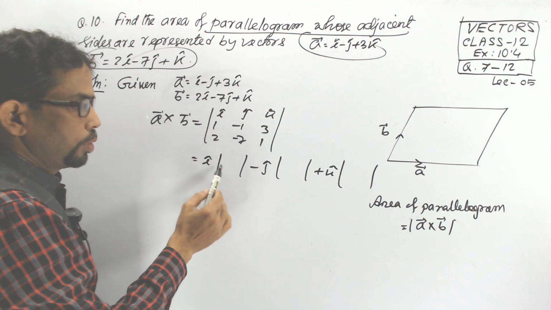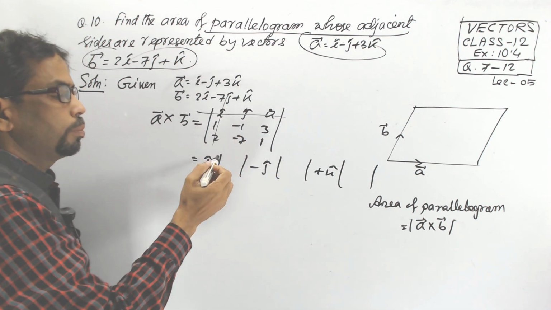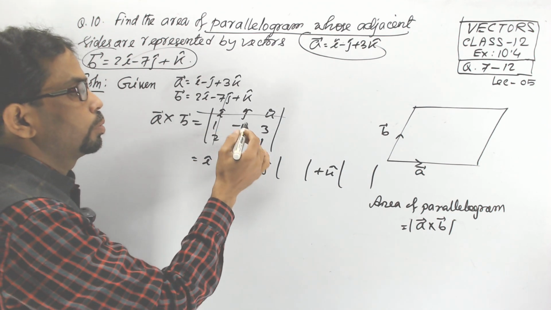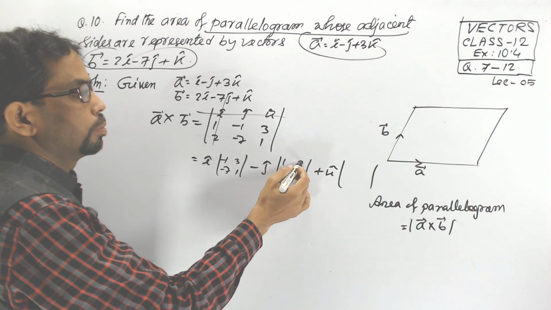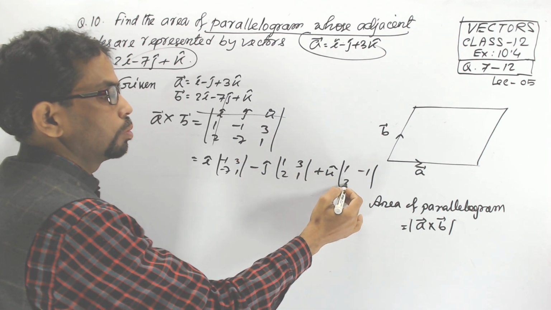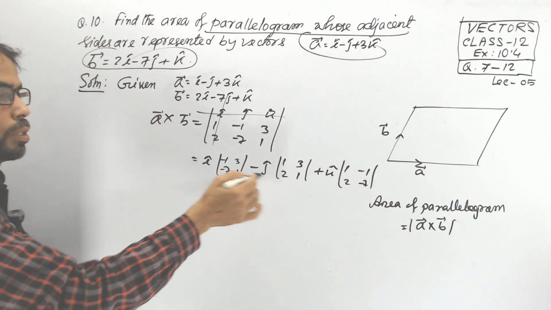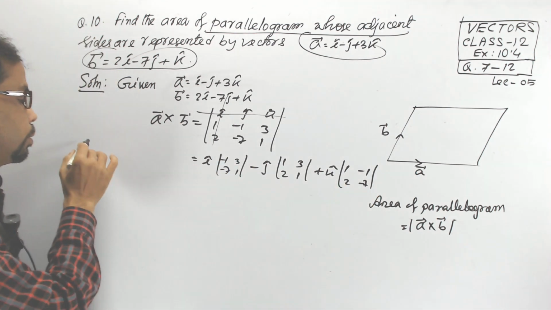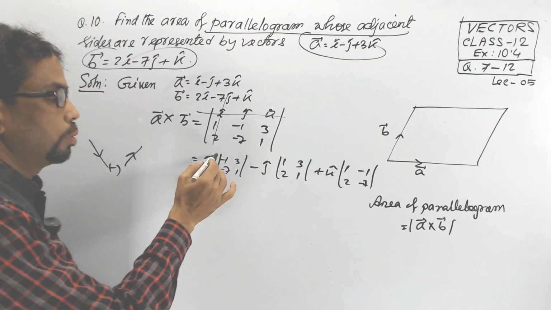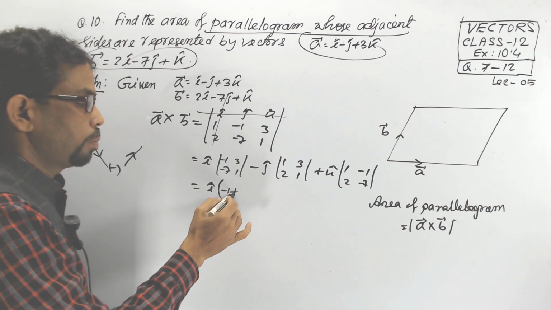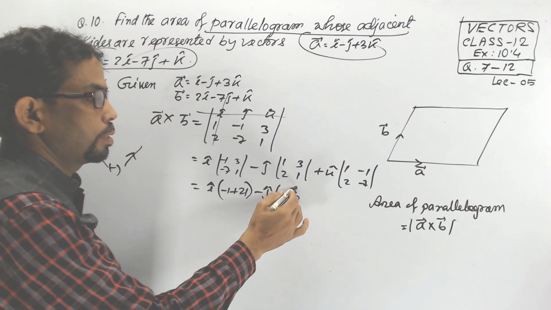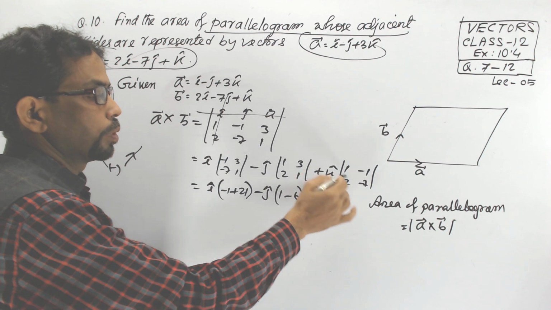When finding the coefficient of I, then close I with row and column, and same pattern is followed for both J and K. It will be 1 3 2 1, and for K it is 1 minus 1 2 minus 7, and all this second order determinant we know how to find. Cross multiply this direction minus this direction. So it is I into minus 1, minus of minus is plus 21, J into 1 minus 6 plus K into minus 7